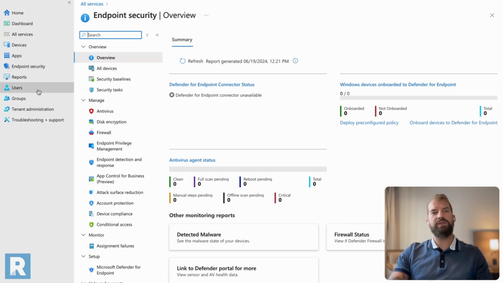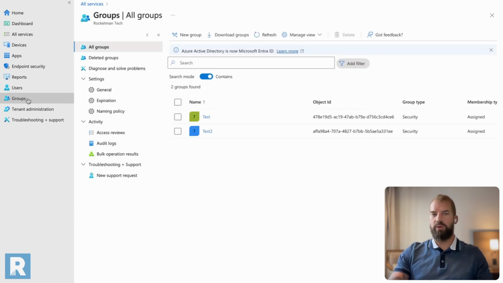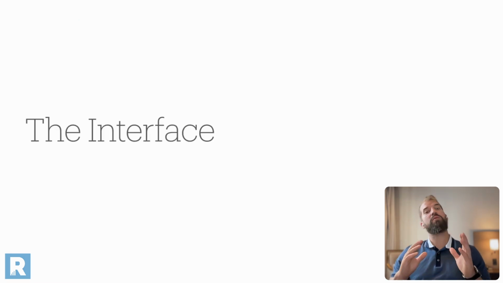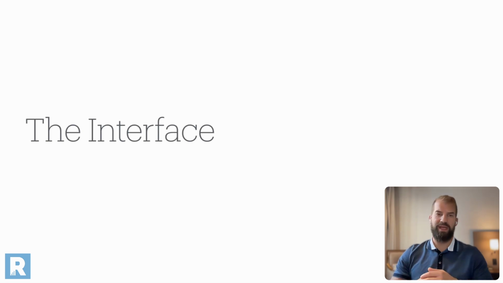We have our user directory linked here. And then we have groups as well. And this allows us to set up both user groups and dynamic device groups, which is similar to smart computer groups within Jamf Pro. So that's a really quick look inside of the interface of Microsoft Intune, specifically for managing macOS